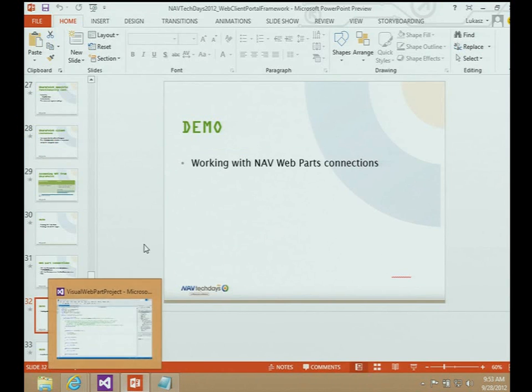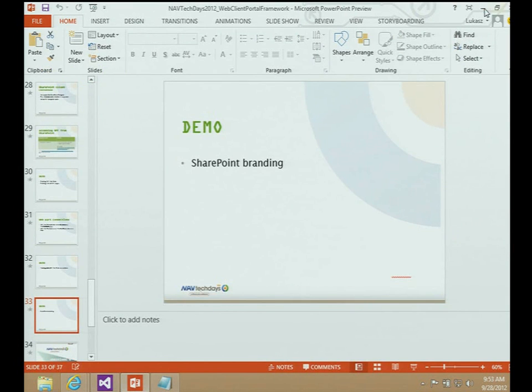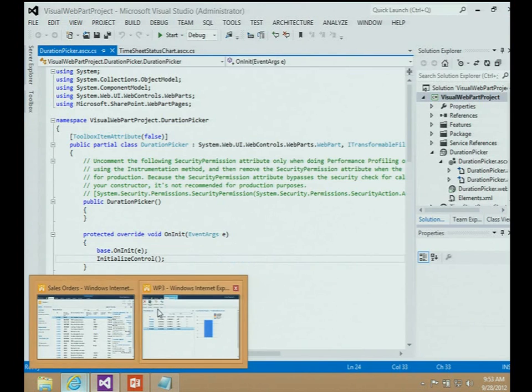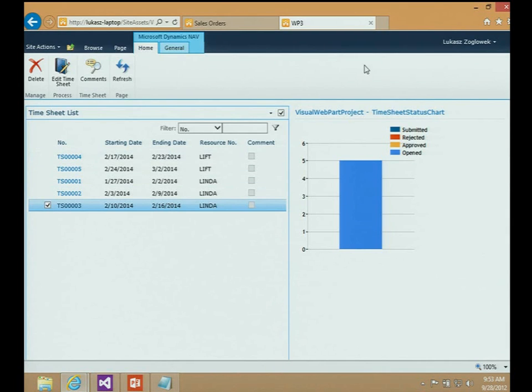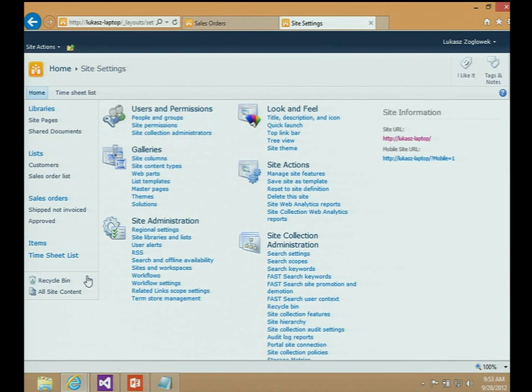So the last demo that I have for today is about SharePoint branding. So let's say the customers may have different themes or different logos that you need to put inside of the client, and that's what you can do in our NPF framework. So first of all, we support, as I told you, all the styles from SharePoint. So if I will go and change the default theme of SharePoint,